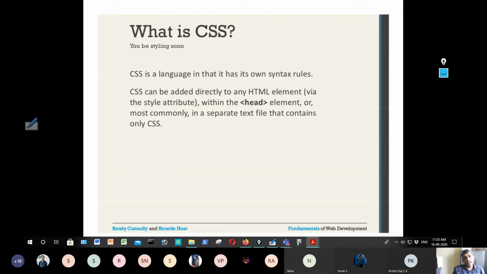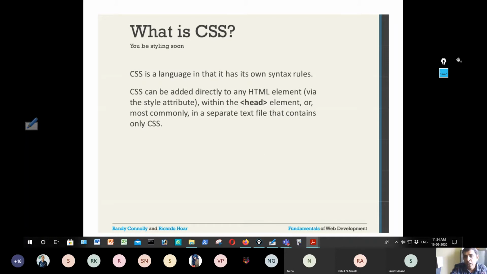So the third way of doing it is in a separate file that contains only CSS. This is the third important approach, and it is quite recommended. I can create my own CSS file with the .css extension. You can create a separate .css file and place it in the same location as the document root, and all this style will be applied to any document that we are adding.